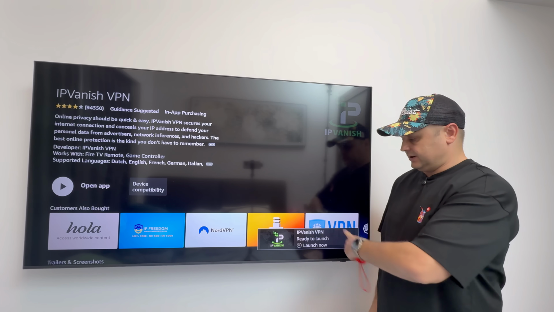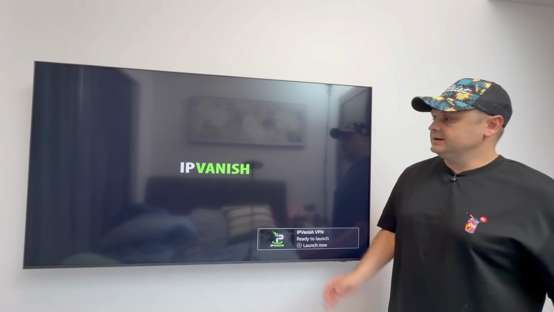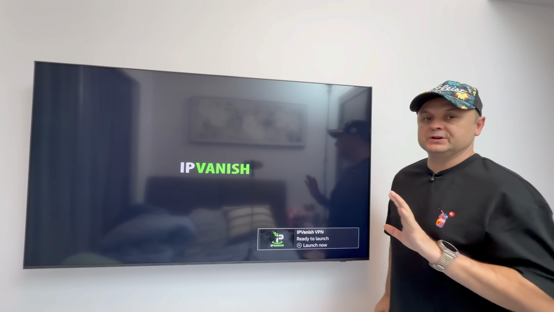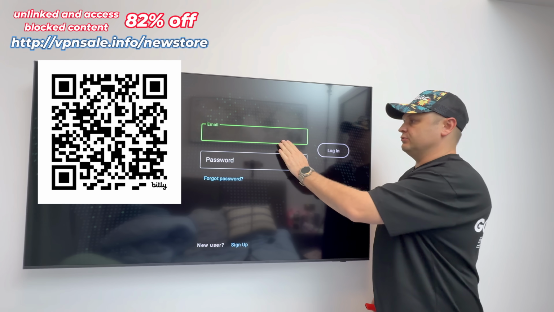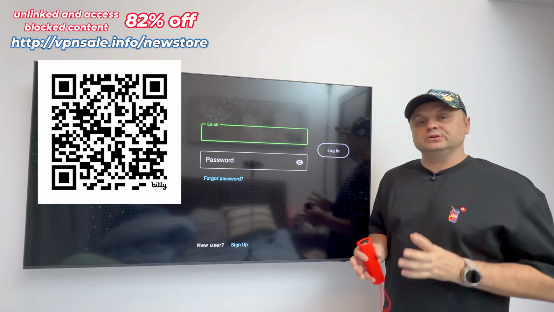Once it installs, you're going to get a notification. We're going to open the app. Now, you're going to be prompted to log in with your own username and password. On this screen, I'm going to log in with my email and my password to get shown username and password,